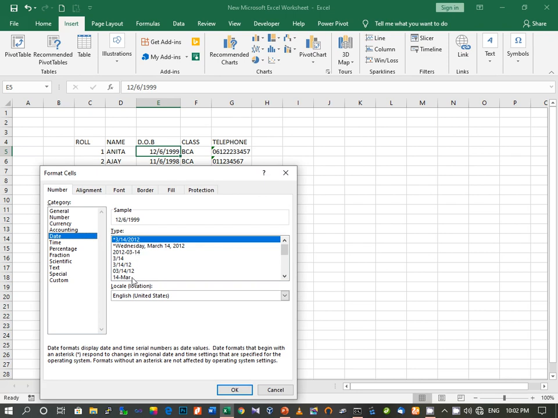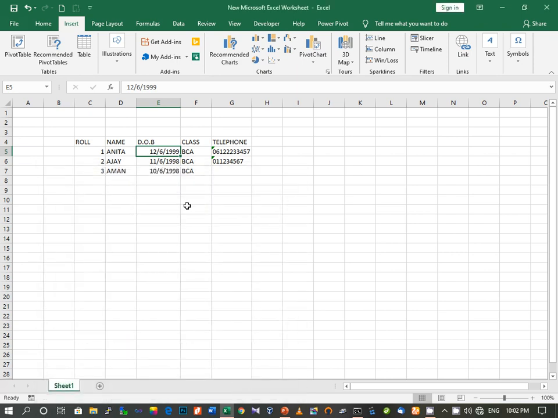Now the format which you want to choose, suppose if you want to put dash, or if you want to put slash, or you have many other formats here like 14 March dash 12, whatever format you want you can choose from here and then click on OK. Then only you will be able to properly enter the date in your desired format. So this is how we can enter some special numbers, date and time in Excel.